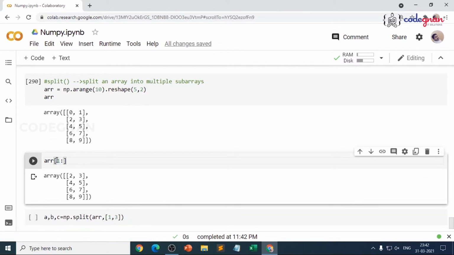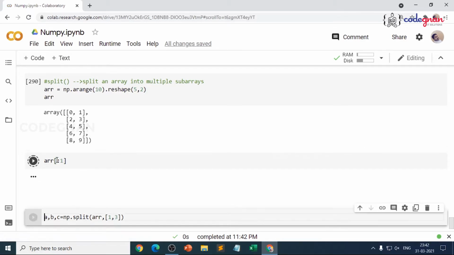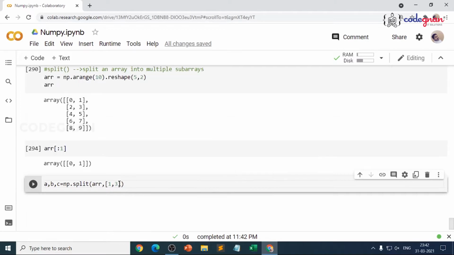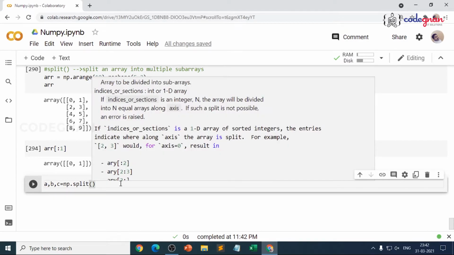But if you include before 1, what does that mean? It includes only the first row. That's where you see the logic here. When you are entering this split, you could clearly see this is your input array. It expects you to pass your input and make sure what the index is.